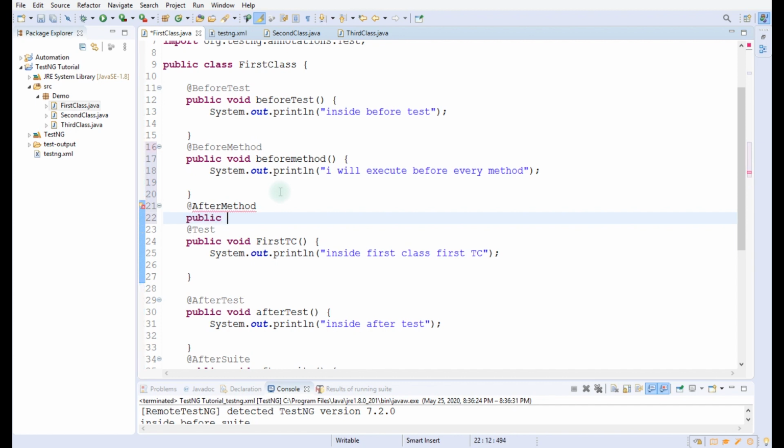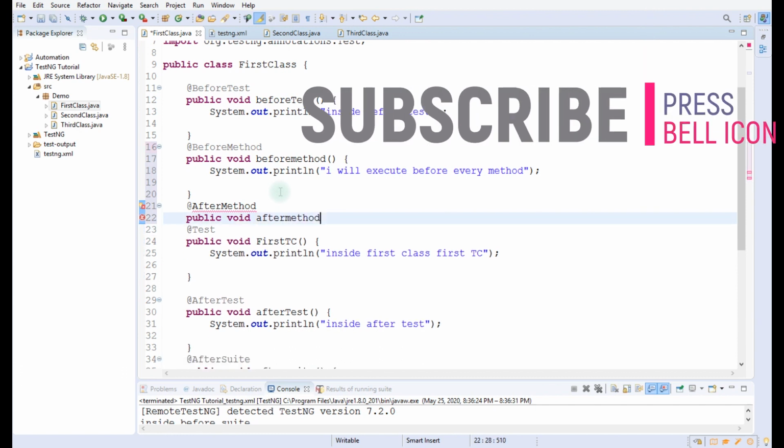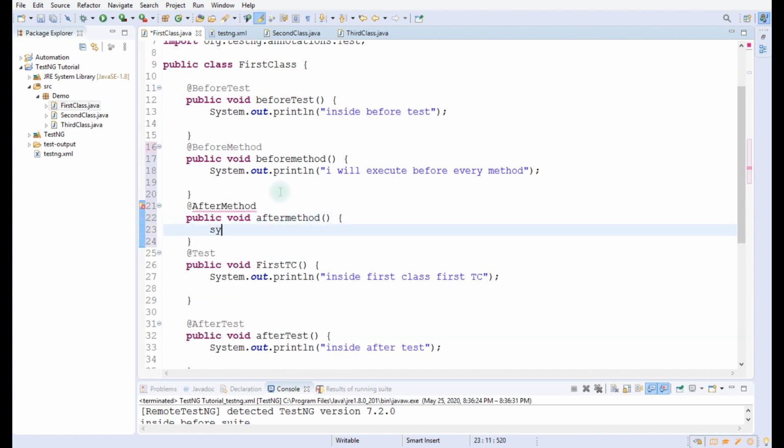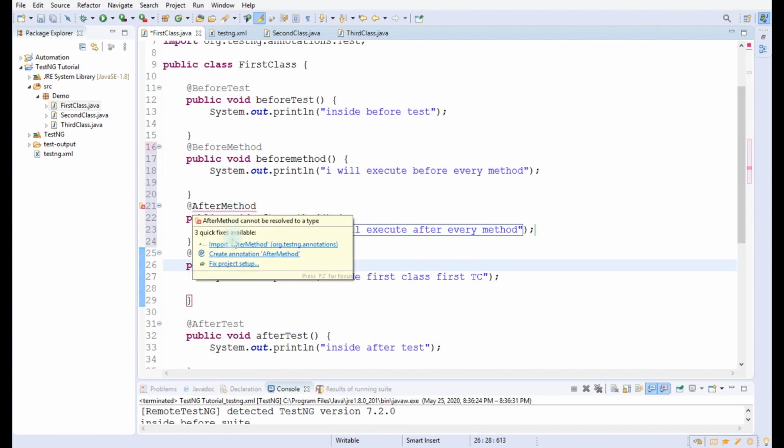Let us create a new function for that, and here let us write I will execute after every method. Right, so we have written before method and after method.